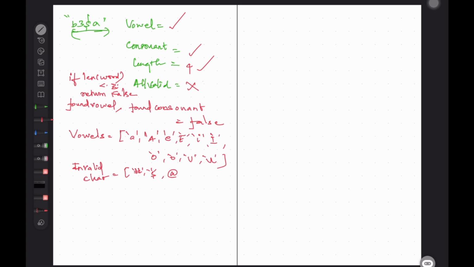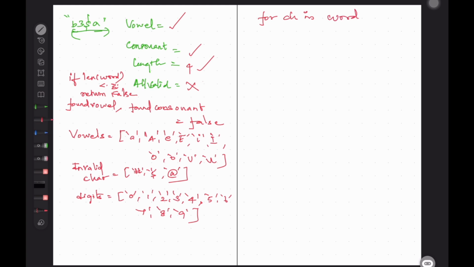These are the invalid characters they'll be giving. Then digits, we know, will be from 0 to 9. Those we will declare. And then what we'll be doing is traversing through each character.